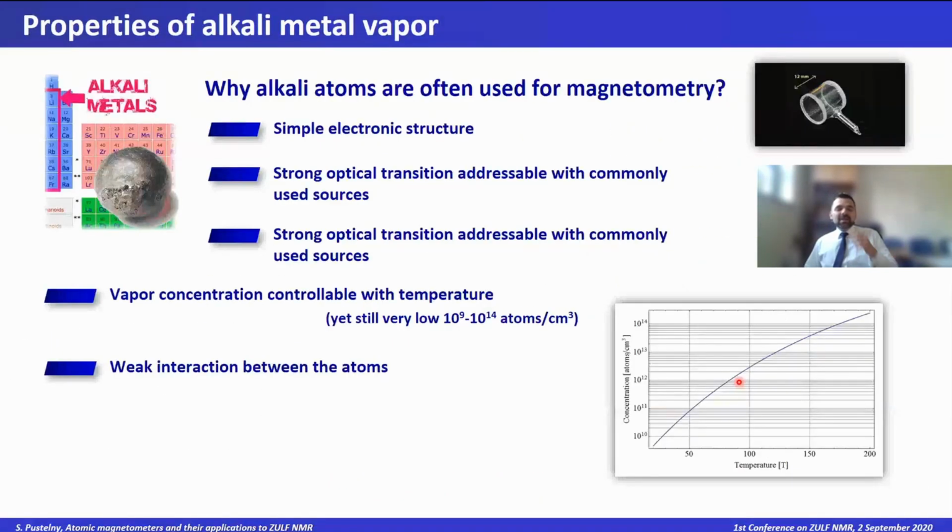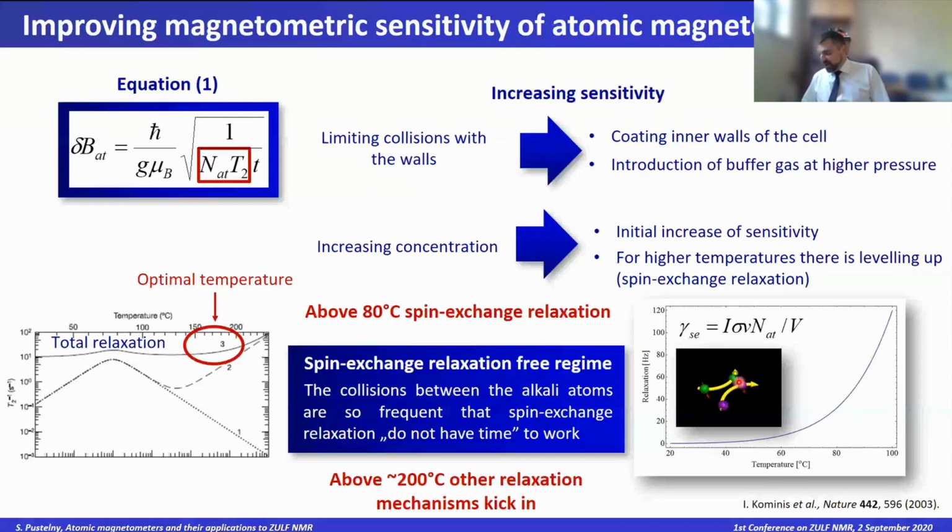So let me now come back to equation number 1, because this was brought by Kirill in here. So we have these 2 parameters: the number of atoms and the transverse coherent relaxation, or transverse polarization relaxation time. If we are talking about alkali atoms at room temperature, these are dilute gases. We talk about 10 to the 9th atoms per cubic centimeter. This means that the mean free path between 2 collisions of atoms is on the order of hundreds of meters. So these are very dilute media.